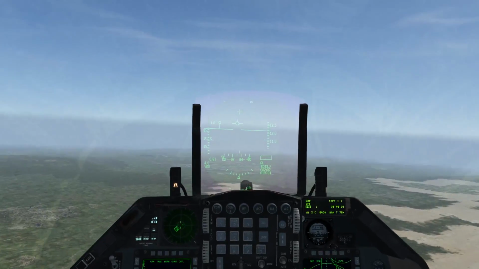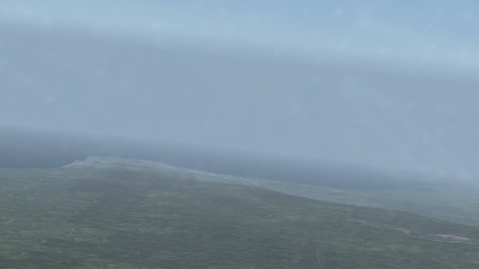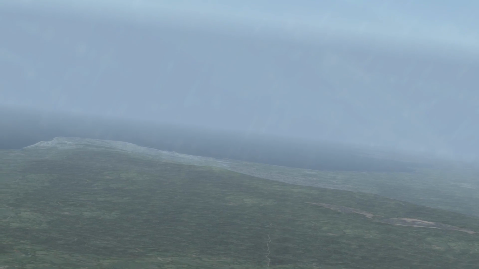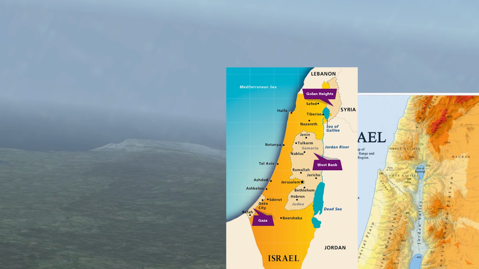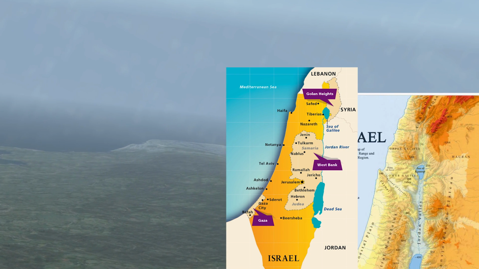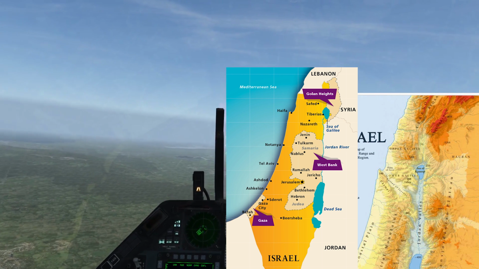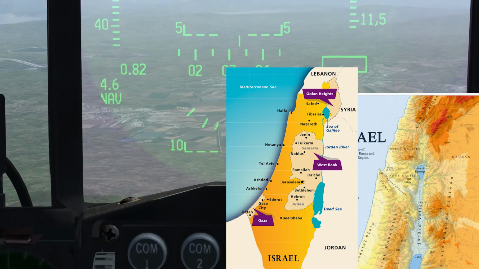Overlooking the West Bank there to our 3 o'clock. So you might notice on the north side of Mount Carmel there is a very large urban sprawl in sort of a peninsula. That's called Haifa, and that's the largest northern Israeli city. What we'll be coming up on now very shortly is